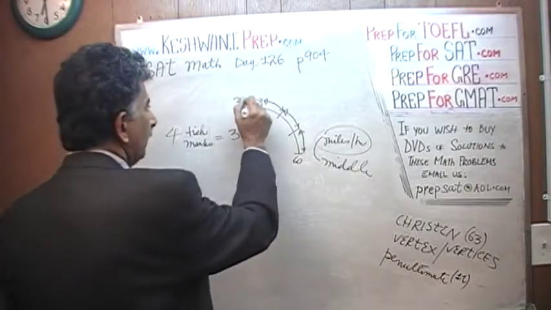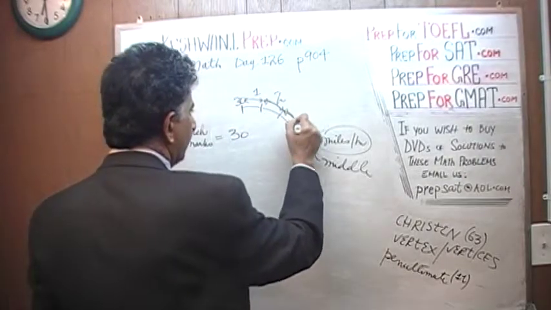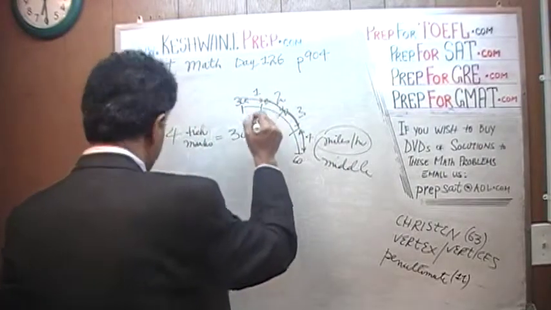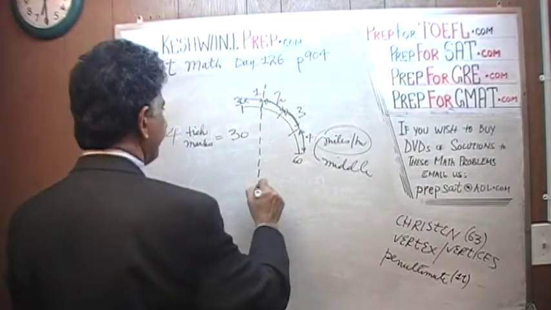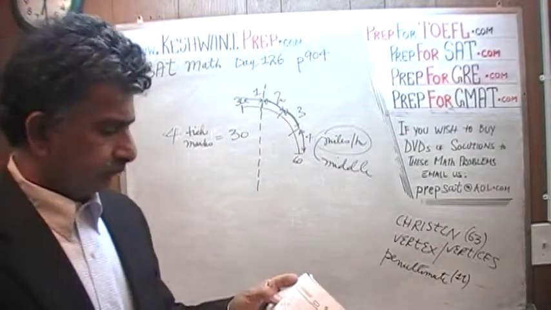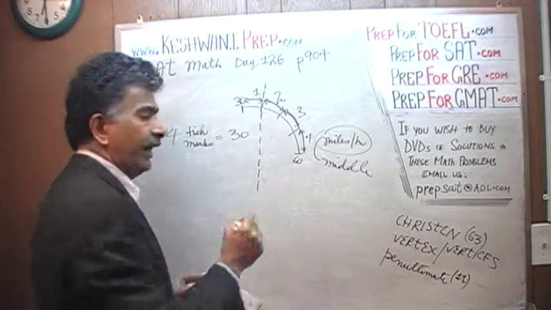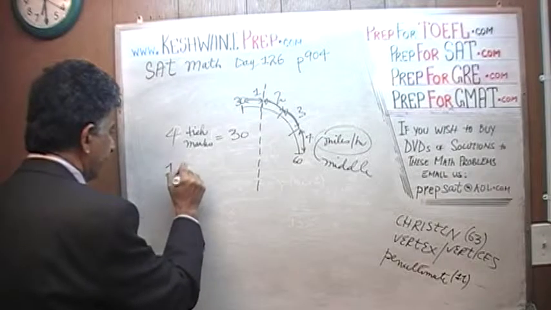Again, one more time. From here to here is 1, and then from here to here is 2, and from here to here is 3, and then finally we get 4. And the part that they're showing here is right here. So this already is 30. If we can figure out how much is one tick mark, we just have to add to it, and that's it. So 4 of them are 30, which means one tick mark